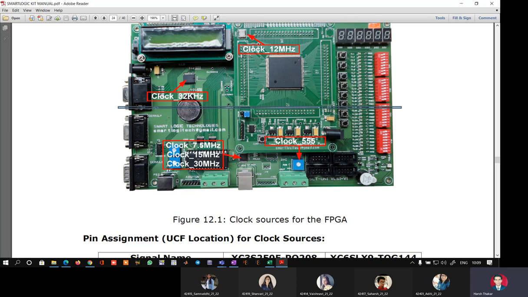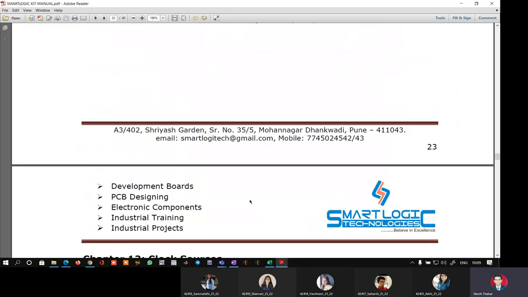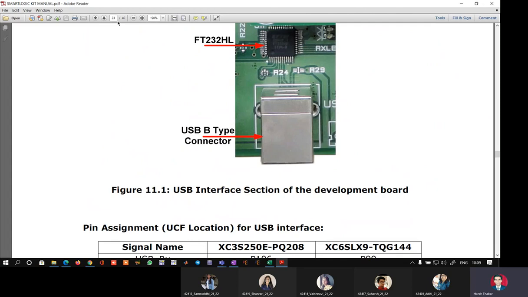So I will explain the UCF file from this perspective after some time. Okay, so this was about how to download the model into the FPGA and also tell the FPGA from which switches my inputs will come and on which LEDs my outputs are going to go. Now, in order to appreciate the contents of the UCF file, I will open the UCF file and show you the pin assignments in the kit for the LCD FPGA interface.